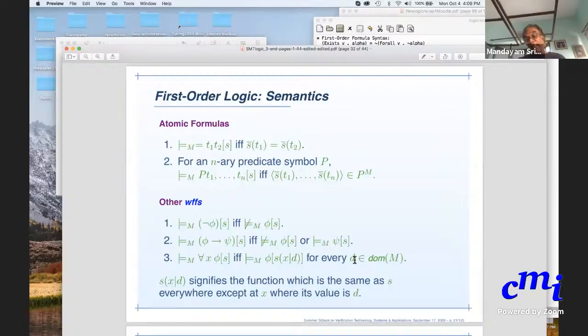If that holds, then that should hold for every element in the domain, okay? So here, x vertical bar d means